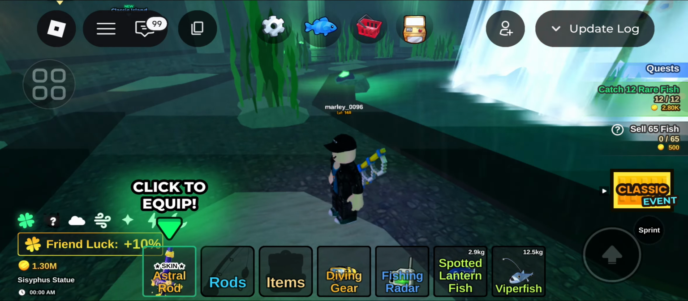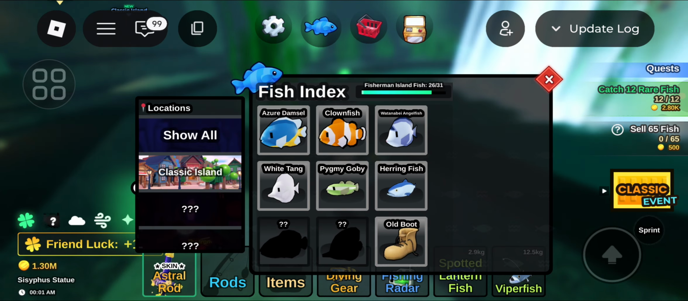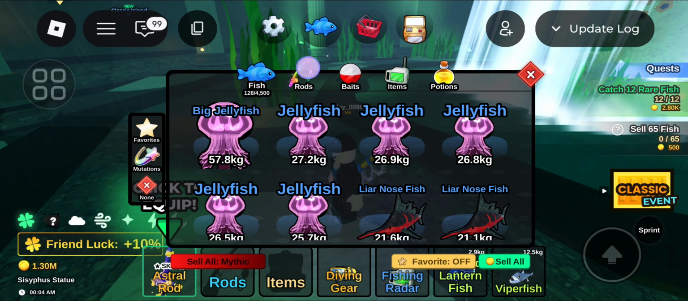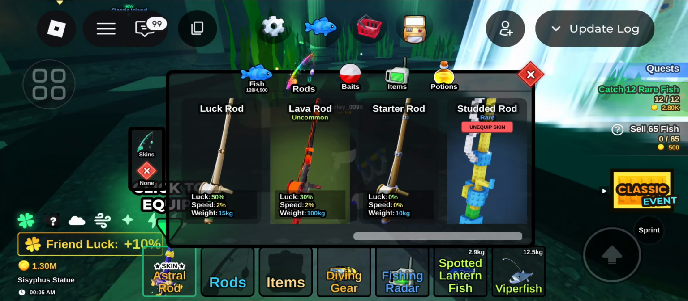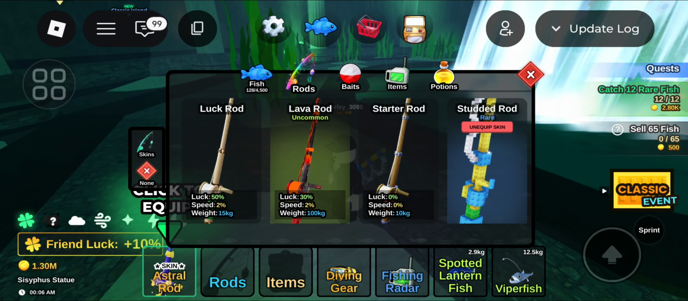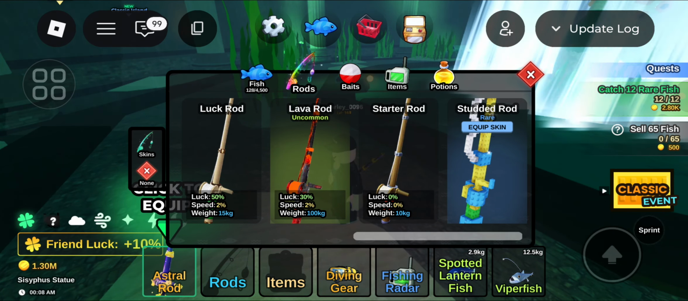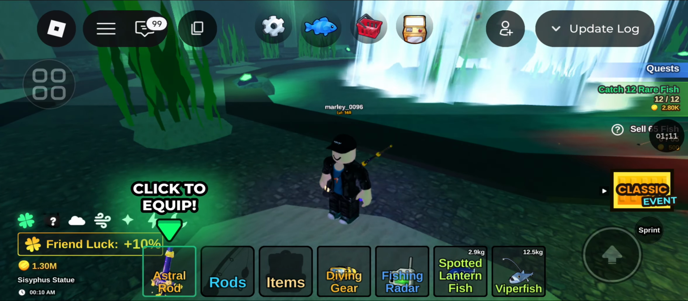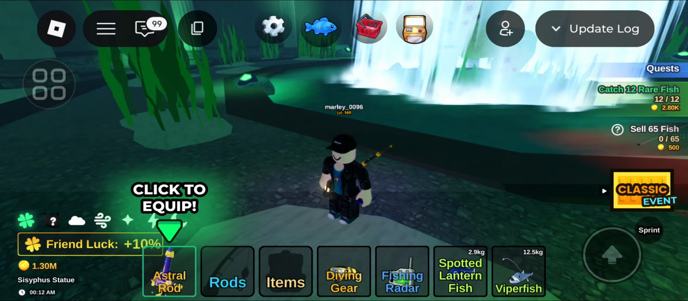And if you want to unequip, just go back to the same menu, go to items and go to the rods and scroll all the way to the right and tap on unequip skin. Okay, just like this. Okay guys, and that's how we can equip rod skin in Fish